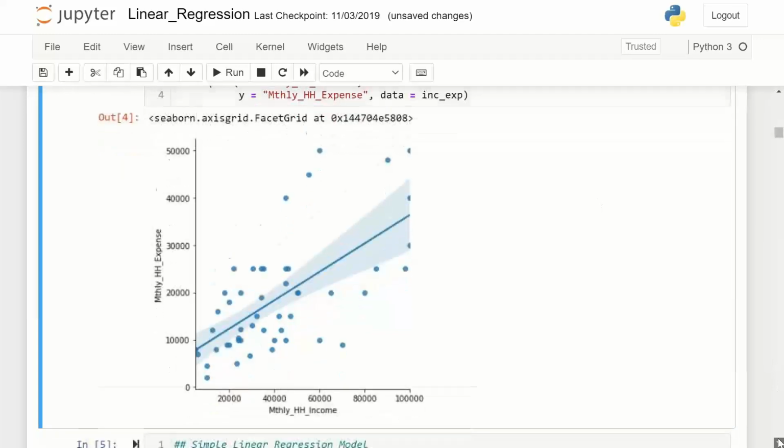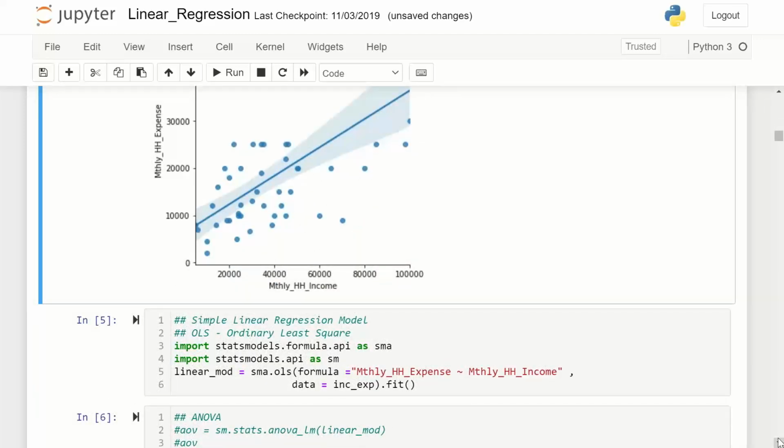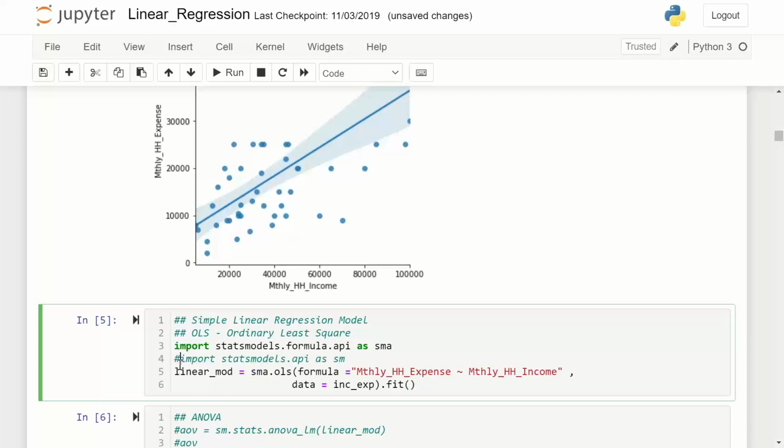Having created the scatter plot, we have to now get into the model development. For model development, I require statsmodels package. In statsmodels package, I require the statsmodels API. So I am importing this API. Not sure why this second part of the statement would be required, because here I am using statsmodels API dot OLS. So for now, I'll just comment this and run the syntax, control enter.